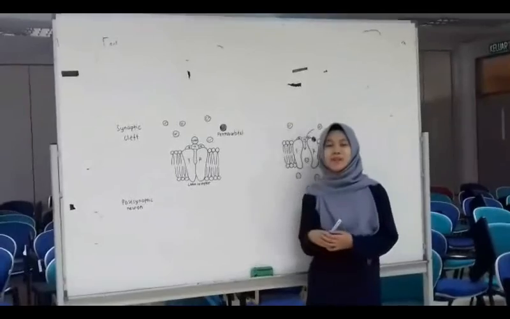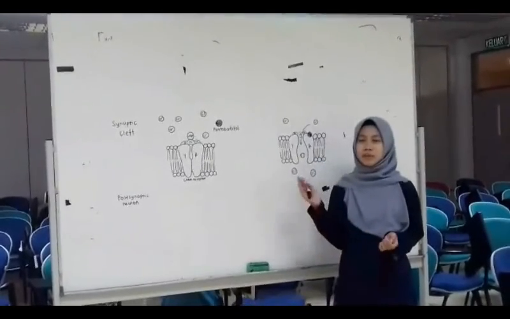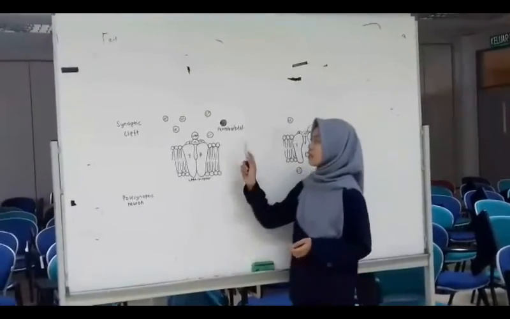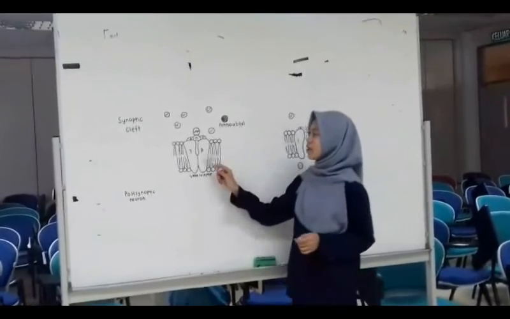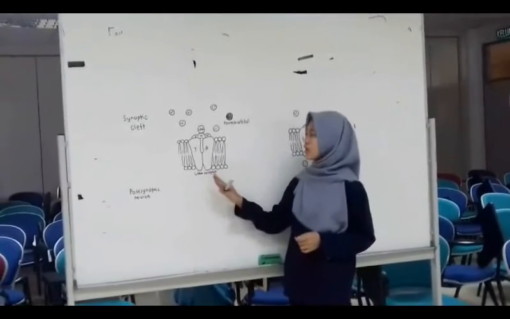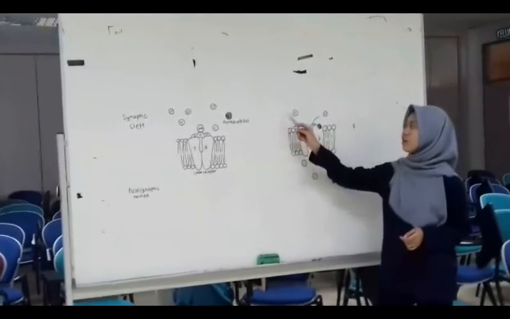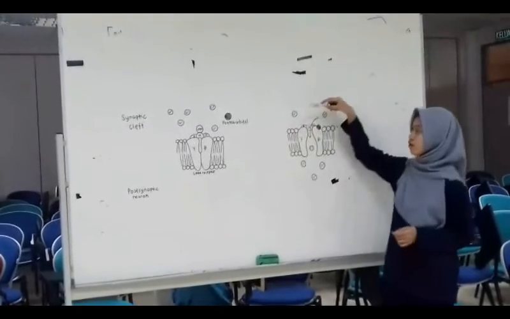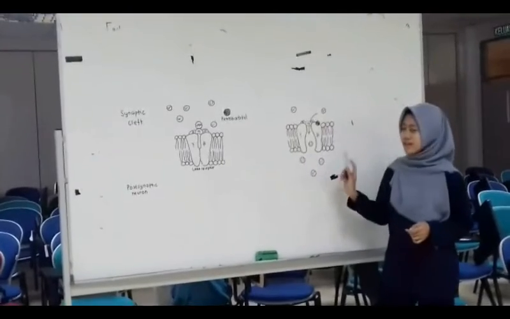Okay, now I will explain the mode of action of pentobarbital. So, what is happening when pentobarbital is being administered into the horse? Pentobarbital will actually bind to the beta receptor and open up the GABA receptor. As a result, it will increase the opening of the GABA receptor and increase the chloride ion entering into the postsynaptic neuron and increase the